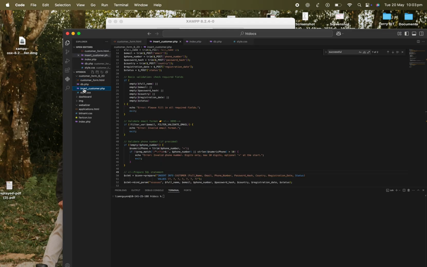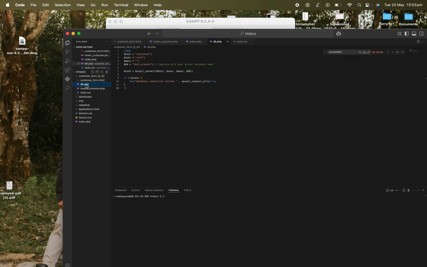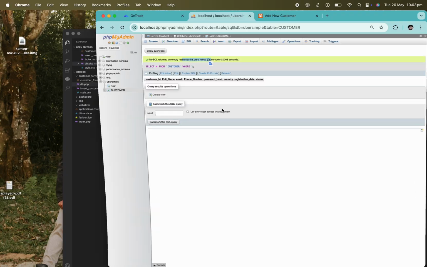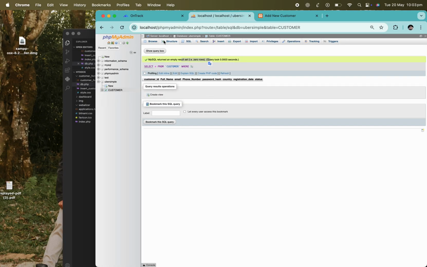This PHP script performs validation and inserts the data into the MySQL database using embedded SQL. I also created a separate file, db.php, to handle the database connection, keeping the code modular and reusable. And for database management, I also use phpMyAdmin, which is included with